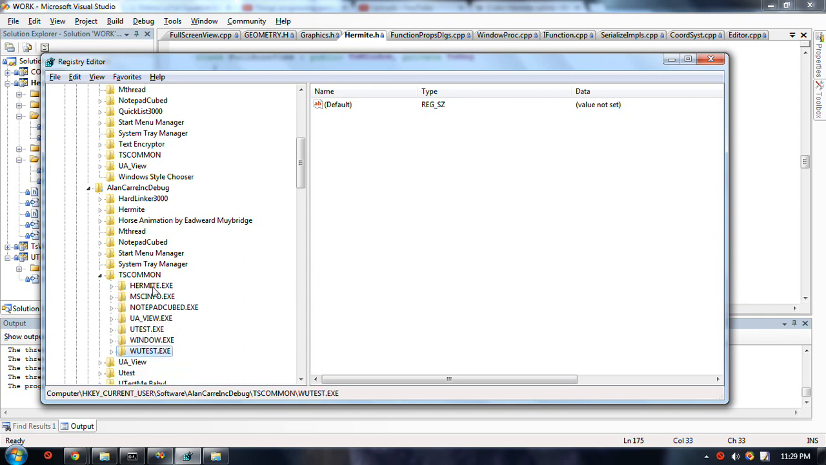Well, there are some things I want to add. Like one of the things that would be a good flag that you could set, maybe, would be allow only one instance of the program or something like that. Anyway,